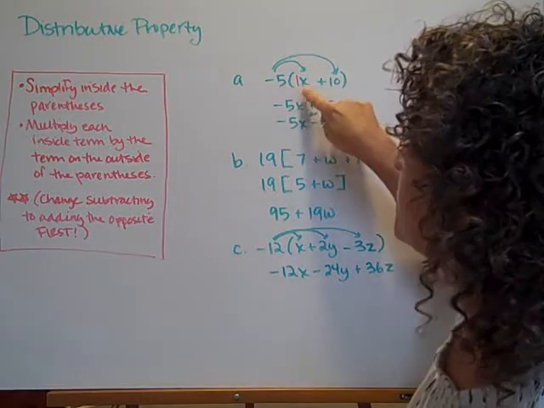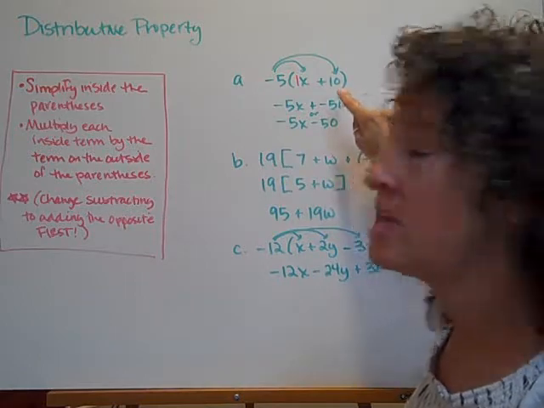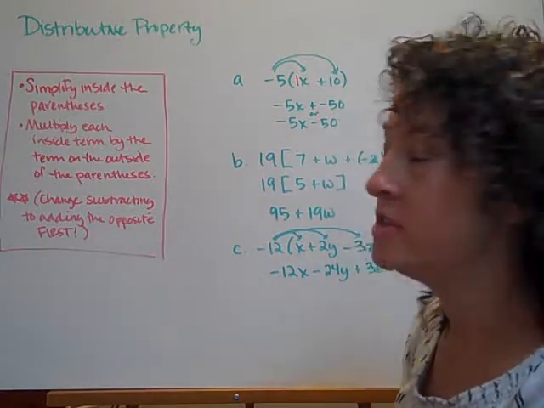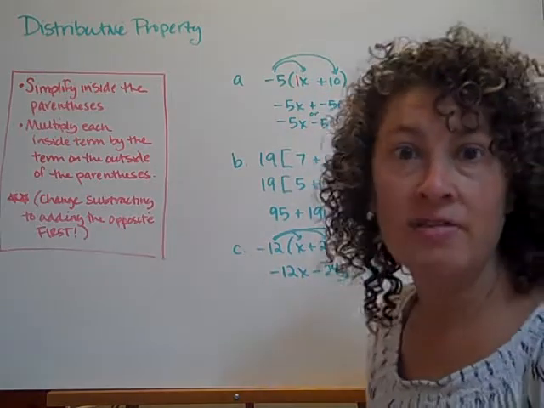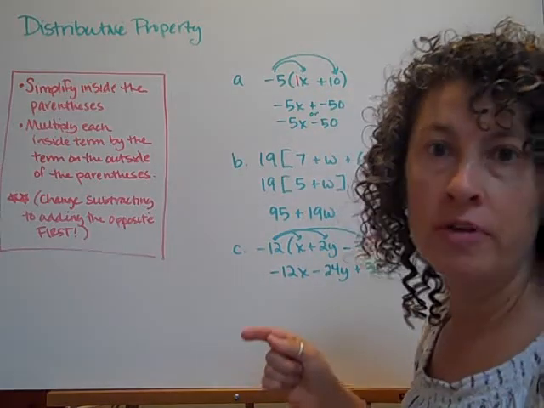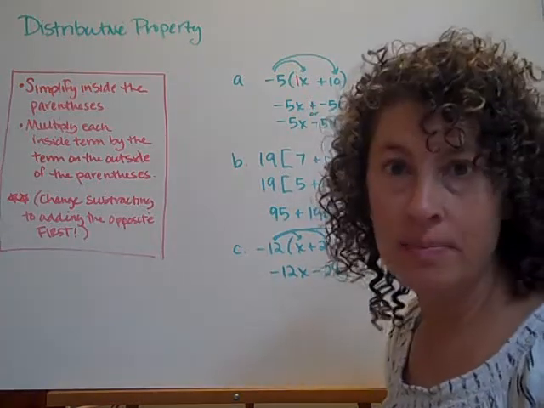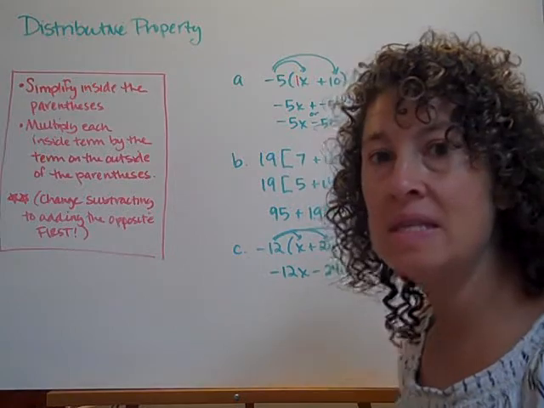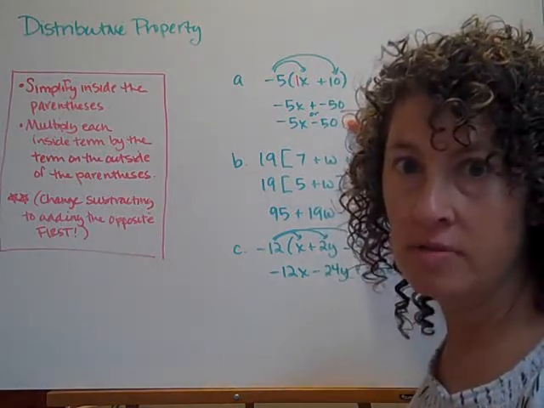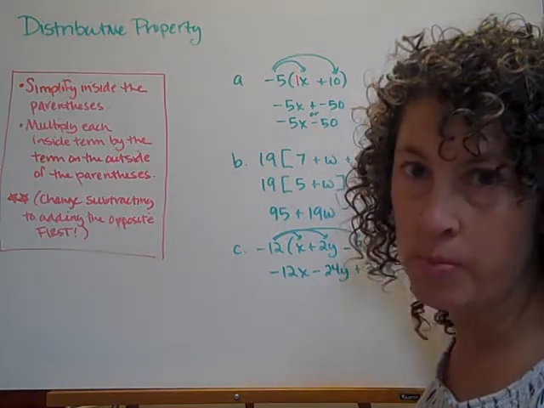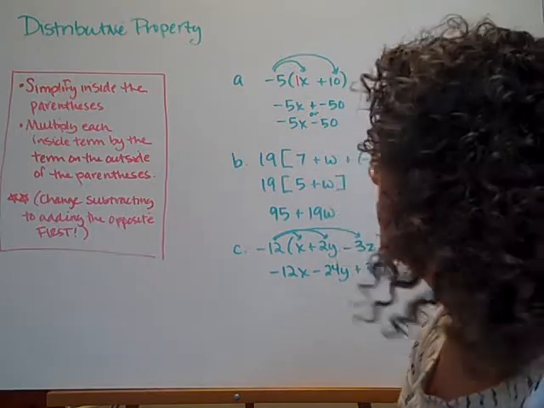We're going to do -5 times 1x, which is -5x. And we're going to do -5 times positive 10, which is -50. Now we could also think of this as a negative times a positive and write that as a -50. Either one of these is perfectly fine. Remember, we talked about changing subtracting to adding the opposite, so they're the same. I'll take them either way. They mean the same thing. Sometimes this works better in given situations, sometimes the addition works better. Depending on the situation, you use whichever one makes the most sense to you.